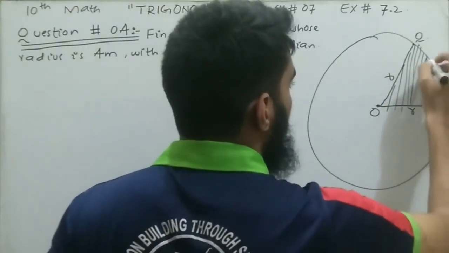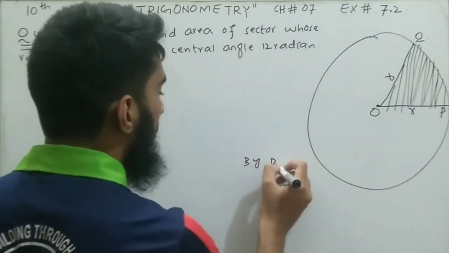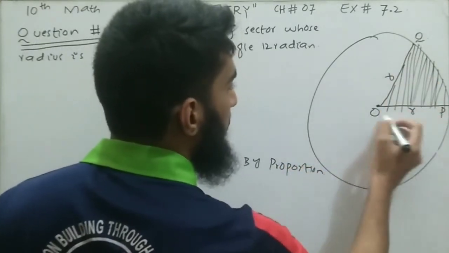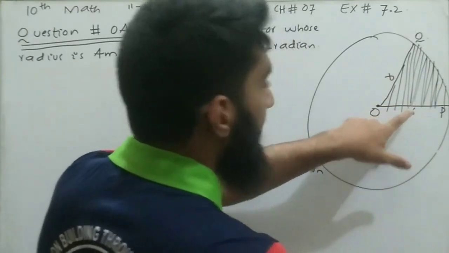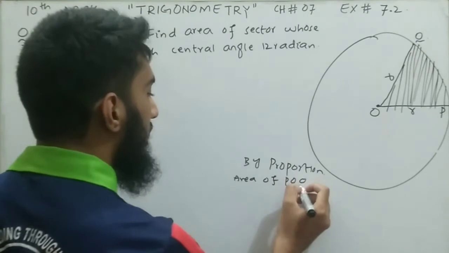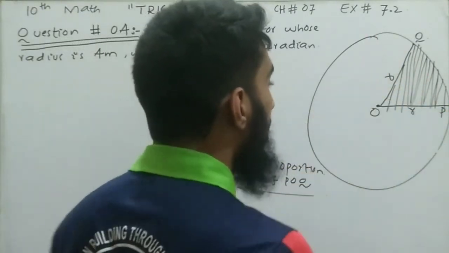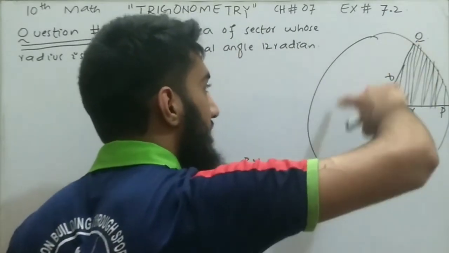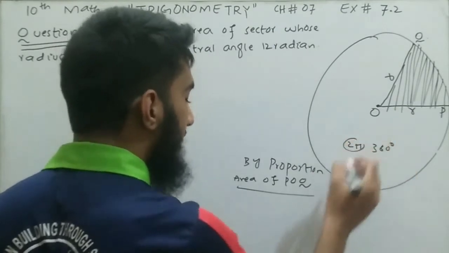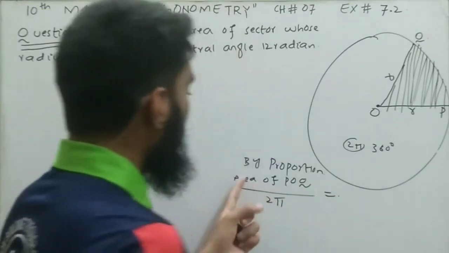So we will use the proportion formula. The area of this sector is, let's suppose, POQ. So we are going to find the area of POQ. According to the proportion, the area of POQ divided by the area of this circle. You know that one complete rotation of a circle is equal to 2 pi, or 360 degrees, or 2 pi radian. So let's take 2 pi, which is equal to,